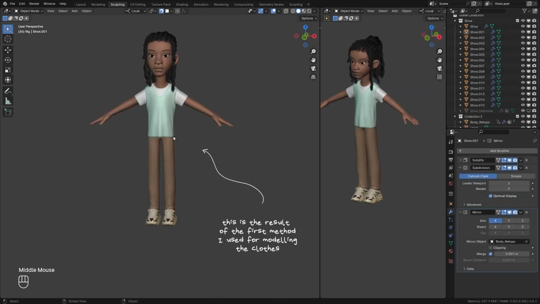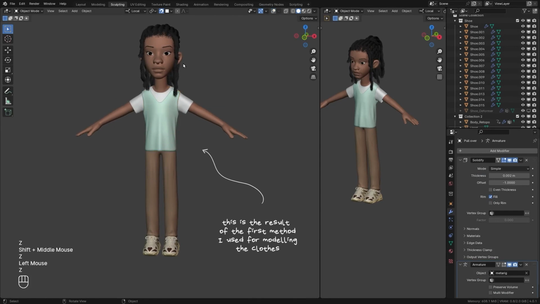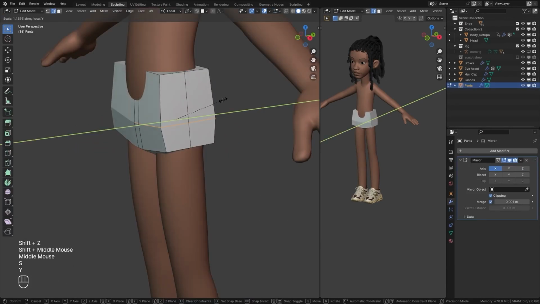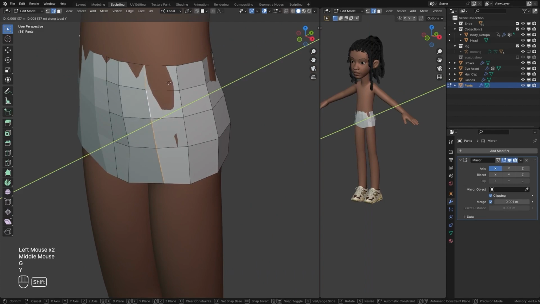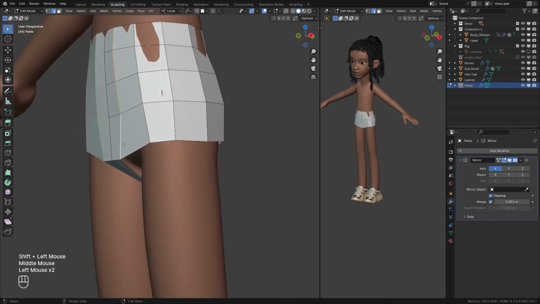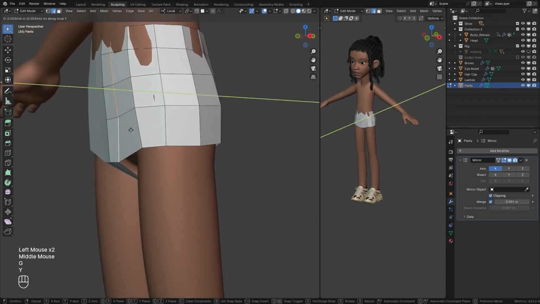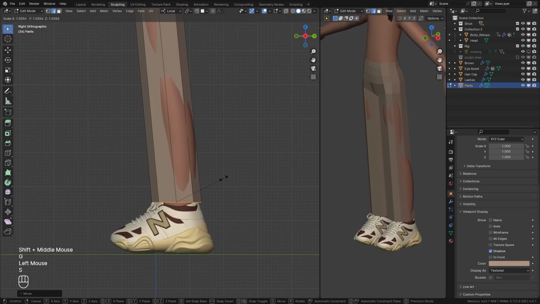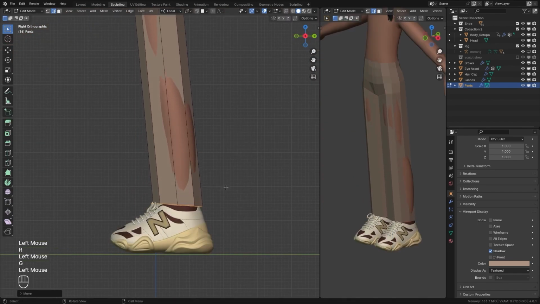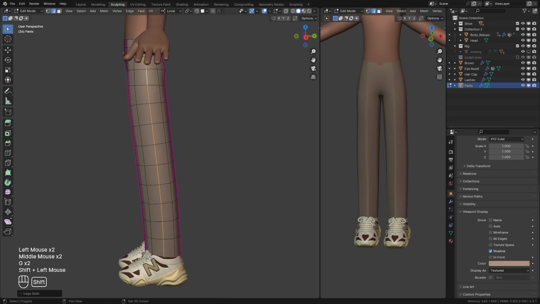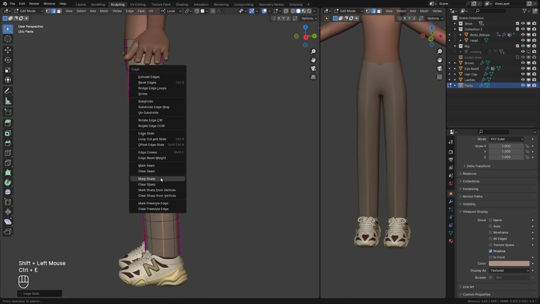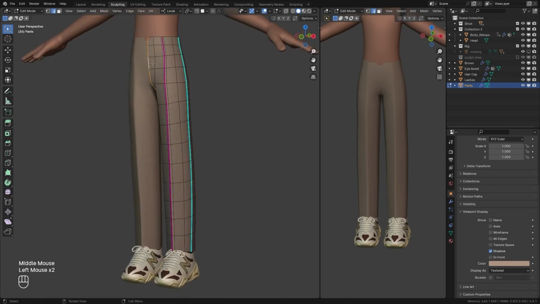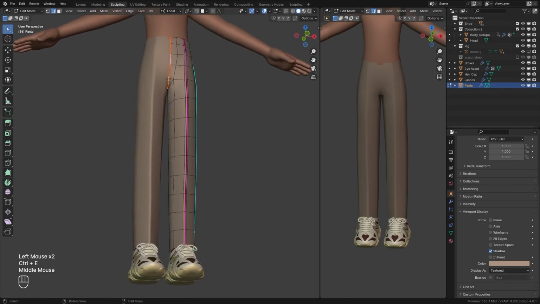When I was modeling the clothes, I actually tried out two different approaches. The first method was to model the general shape of the clothes and then run the simulation. This method didn't really work well because the cloth just tends to lose its shape. So for the second method, I modeled the clothes in the exact shape and forms I needed them to be in, and then I pinned some of the edges and faces for the cloth simulation so that when I run the cloth simulation, the cloth actually retains its shape while still having some realistic folds.